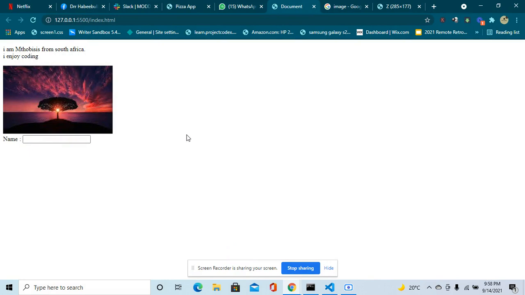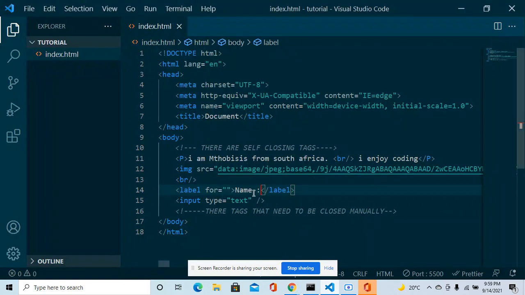So I'm trying to show you all the useful elements on the browser. As you can see here, I can type my name, and then I can delete. I can just type any name as long as it is text, it's fine. So this will serve as a form. And then if I go back to the browser,